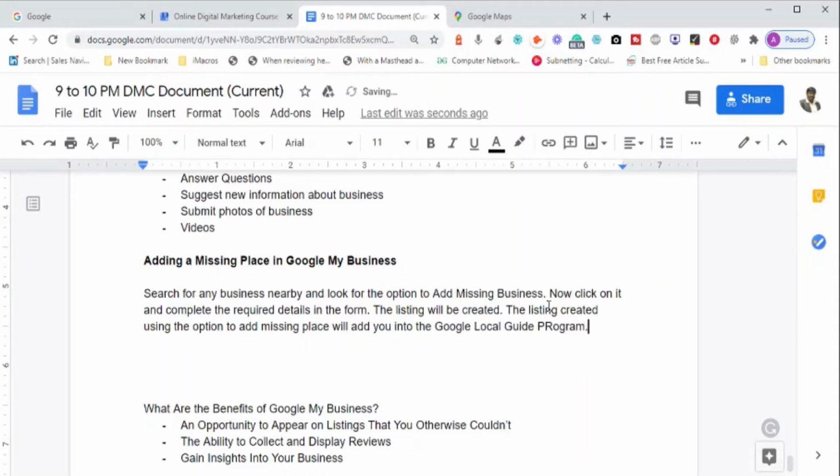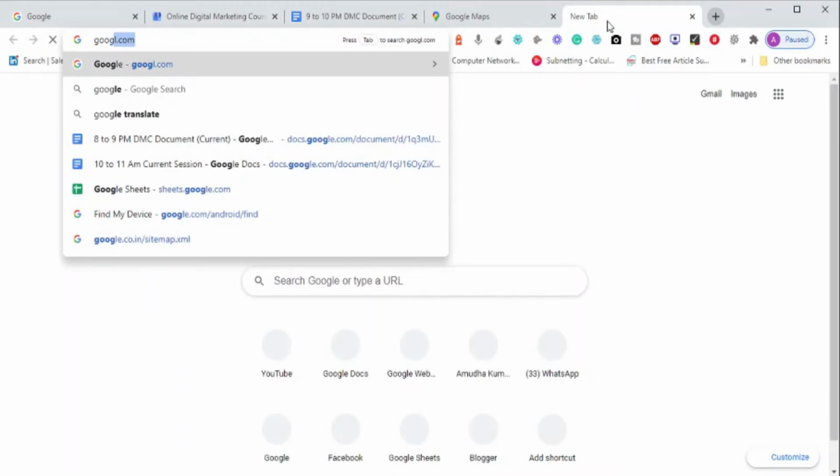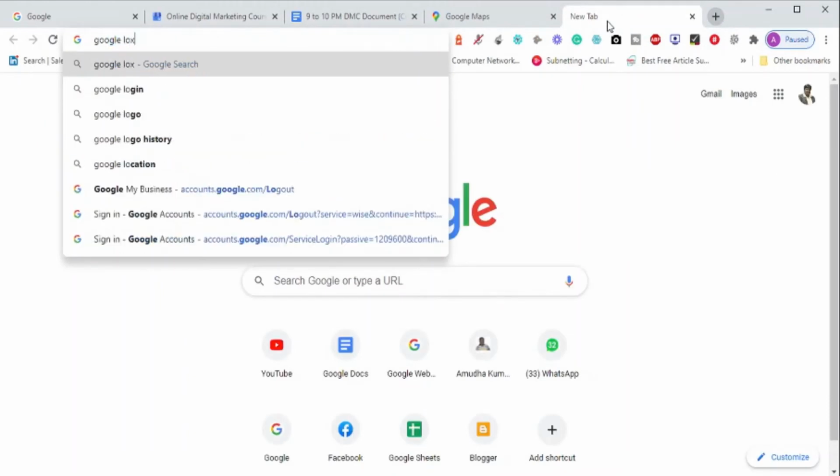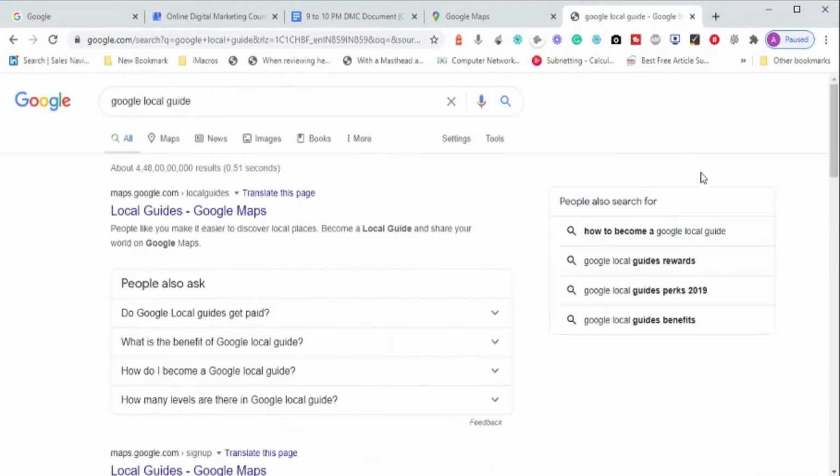Google has a program named Google Local Guide, where anyone who is interested in rating and reviewing a business can add a business, and rate and review any business from there. Basically it is the Local Guide program. Google has a separate program called Google Local Guide. You can check this out. So this is the program. This is my new email address.